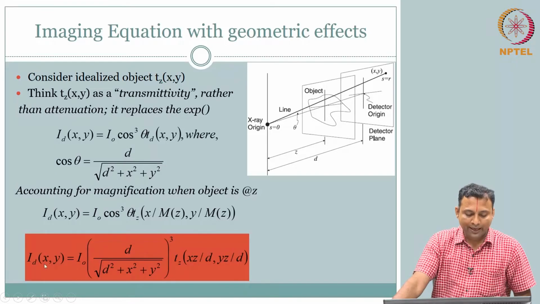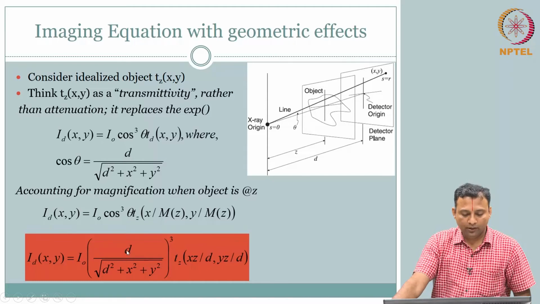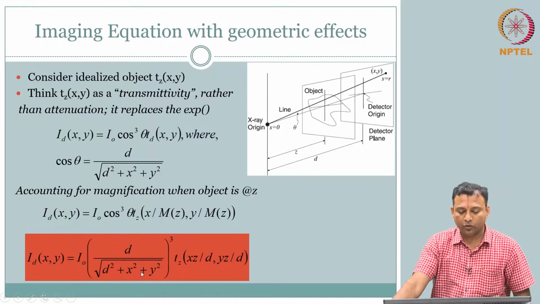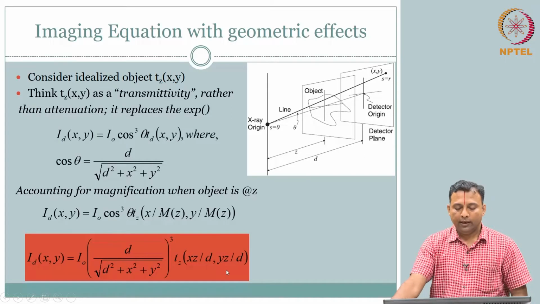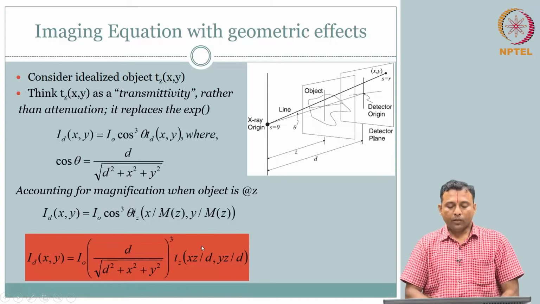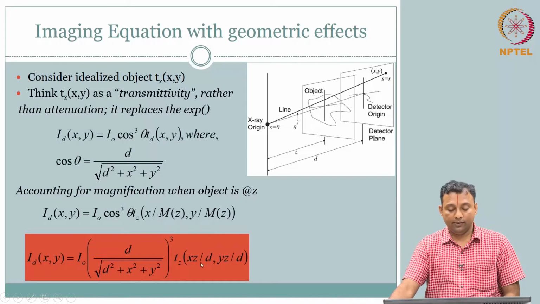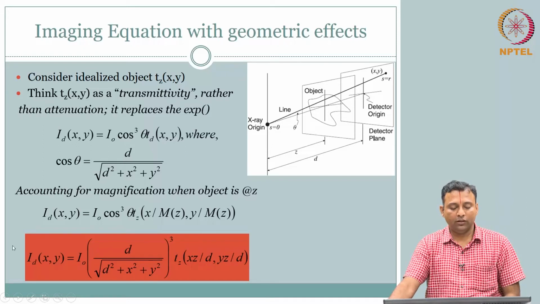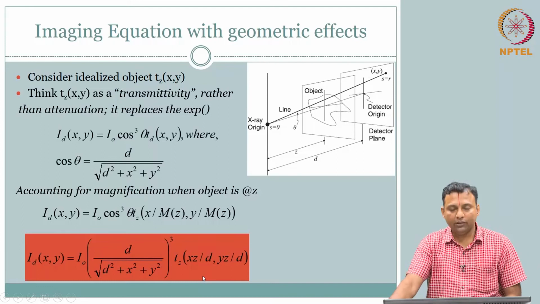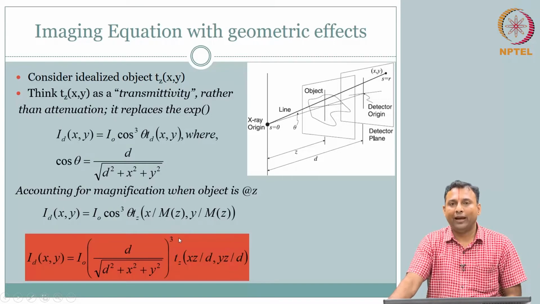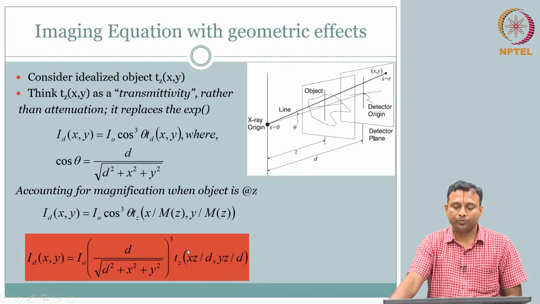So, you can write your I_D of x comma theta as I naught, your cos theta is written here, d by square root of the, and your m of z. If you recall, we wrote it as z by d. So, this is your full imaging equation incorporating the depth dependent magnification as well. Okay,